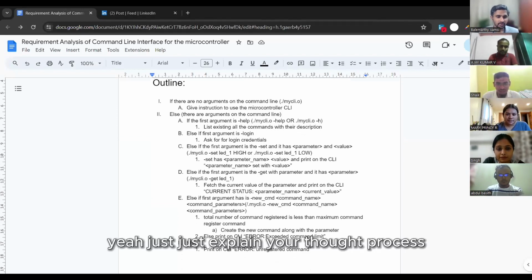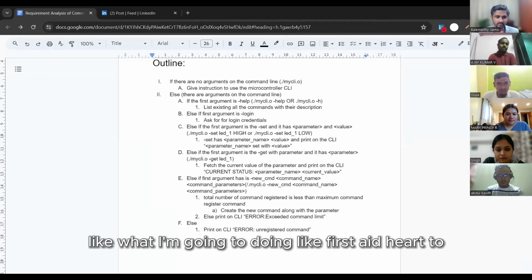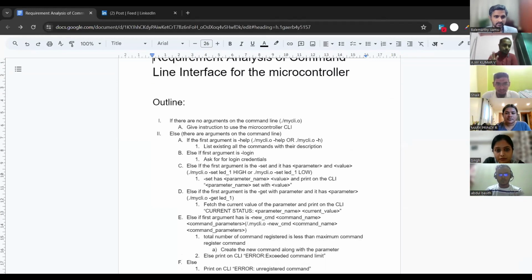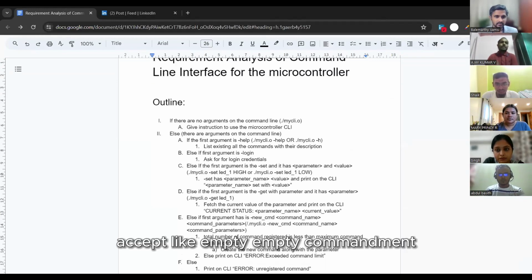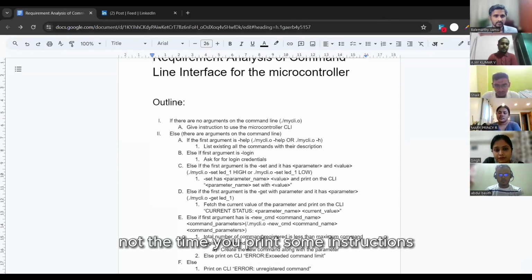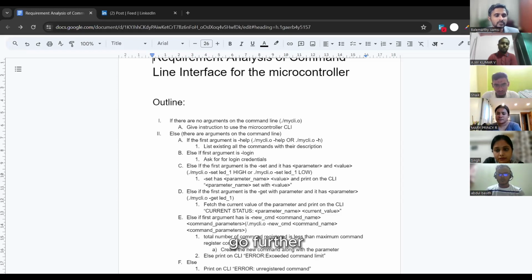Yeah, just explain your thought process. First I thought to accept an empty command line, just a.out. If we execute a.out, at that time it will print some instructions: these are the instructions you need to follow to go further.